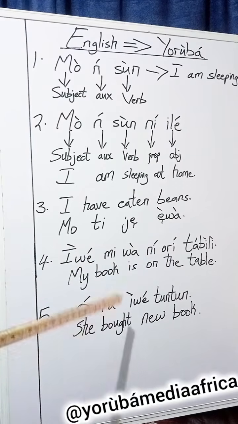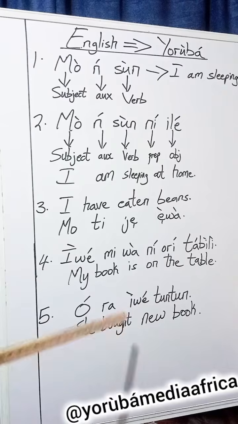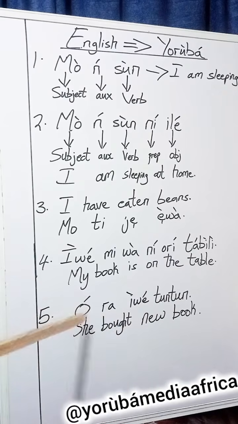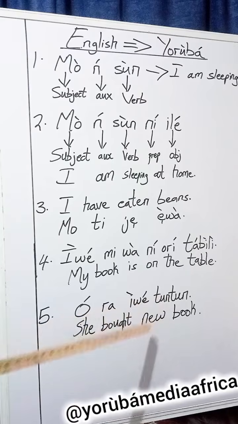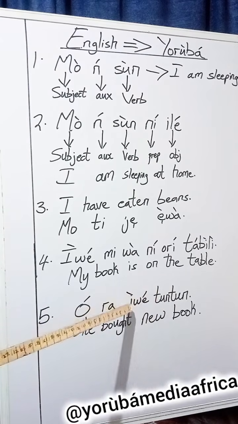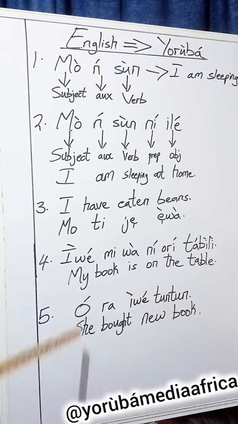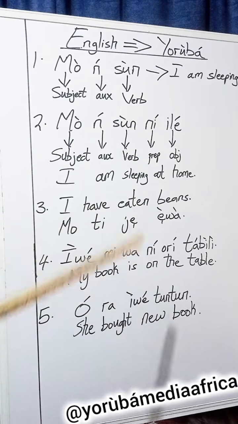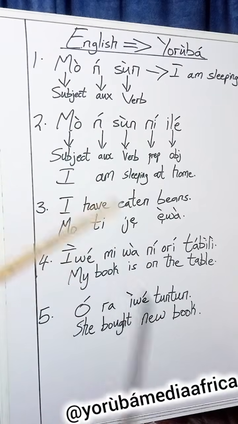And then look at this, similar to what I just explained here. She bought new book. We have ó ra ìwé tuntun. This is new, the qualifier. That's the adjective. In Yoruba language, it comes after the noun, unlike in English where we have it before the noun. These are just some of the things you need to understand about Yoruba structure, and you're going to master